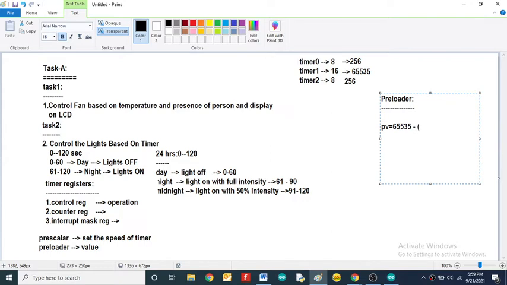Then your crystal oscillator, I'll take megahertz, or 16 into 10 raised to 6, and along with that we have to multiply by the time at which you are going to generate a delay. You have to specify the time in seconds.